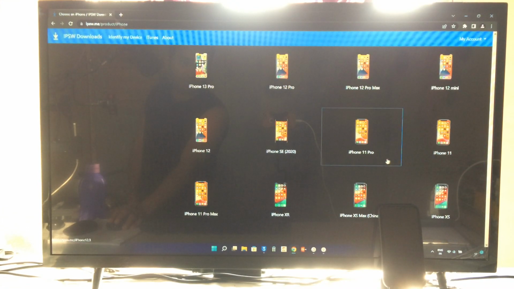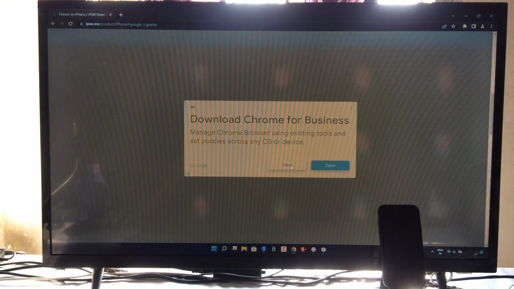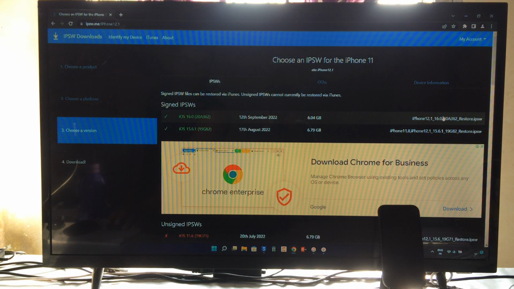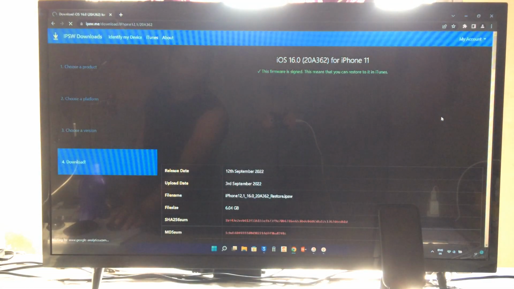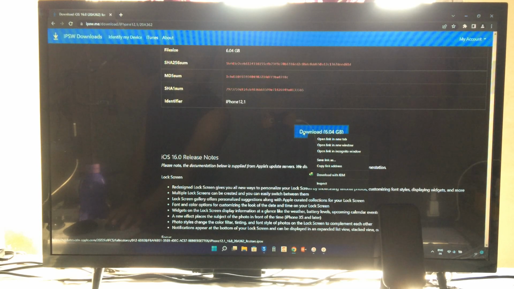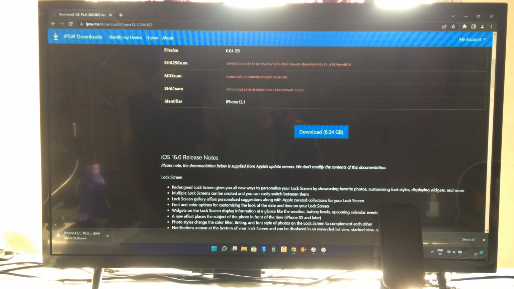So let's see, I have taken this one. We will click here 2 times, we will close this ad, and of course we have a 16 points in this one. We will click on this one time, and here it is. We will try to download, so we will click here to download. So as we see here, it has started to download. And this IPSW, of course, directly go with this 3U tool IPSW.